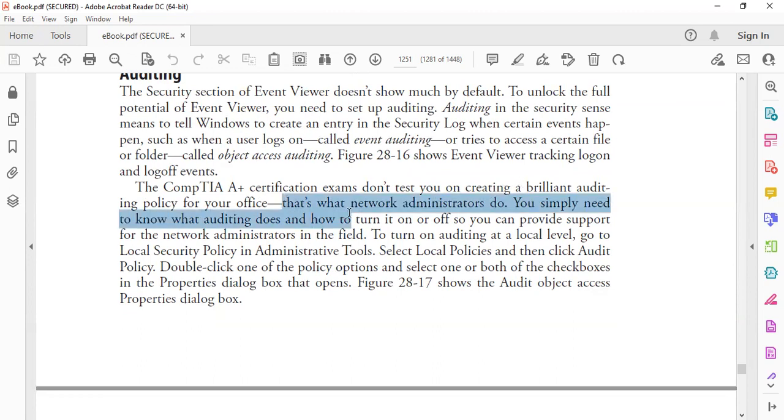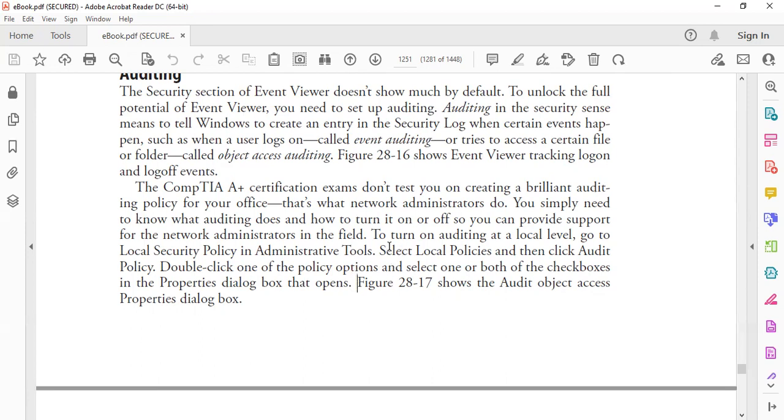Really and truly, audit policies is what network administrators do, but you need to know what auditing does and how to turn it on or off so you can provide support for network administrators in the field. So we know that auditing keeps track of certain events. It records them in the Event Viewer so you can look at them and act on them.